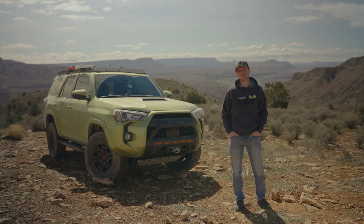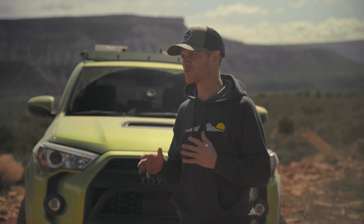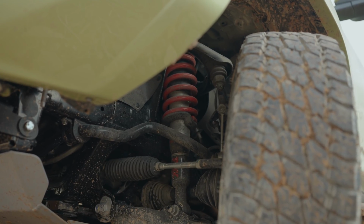All right, so we just finished the Tokerville Falls Trail, and this 4Runner performed awesome. I mean, we just had a blast on the trail. When you take a look at the 5th generation 4Runner, the 2022 model really hasn't changed in any significant way. The Pro model, which we have here, comes with the factory Fox suspension, and Branson and I were both totally